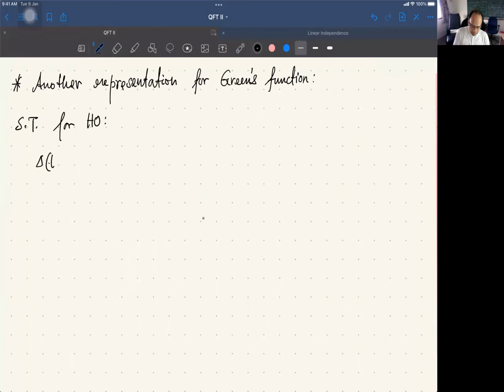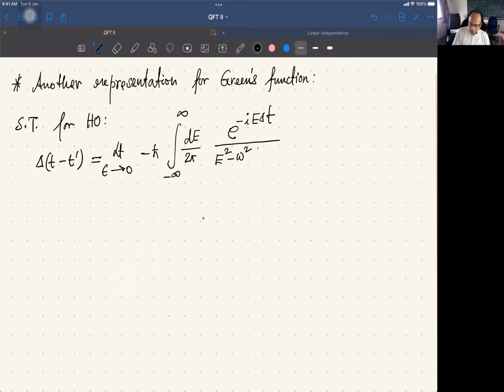delta(t - t') is the same as, in the limit epsilon going to 0, minus h bar times the integral dE over 2 pi from minus infinity to plus infinity of e to the power minus i E delta t divided by E square minus omega square plus i epsilon. I'm sure you are familiar with this. You have done it in the course Quantum Field Theory 1,